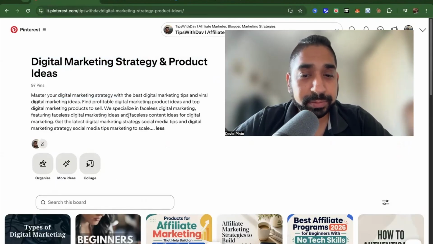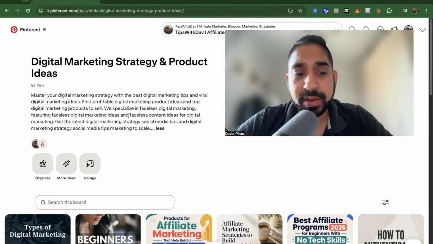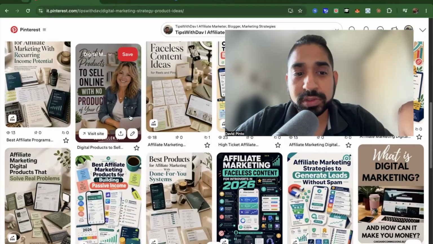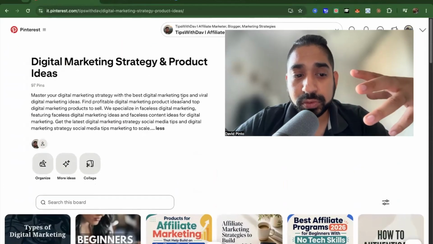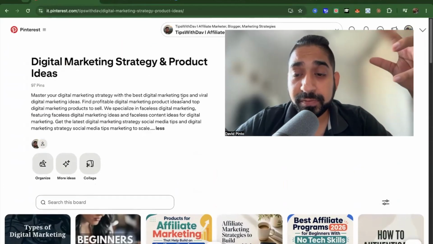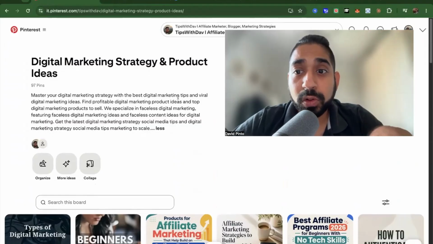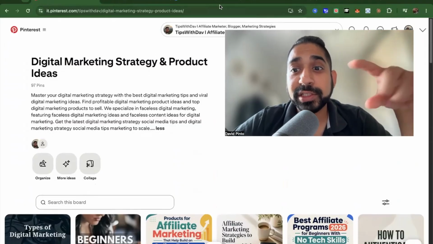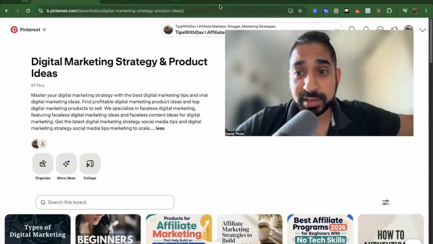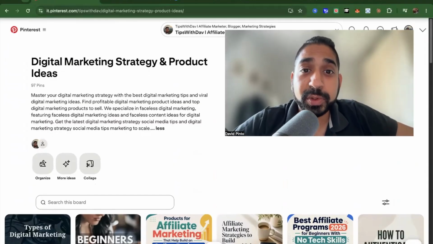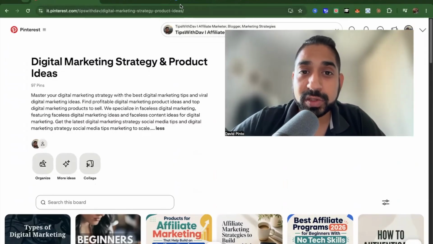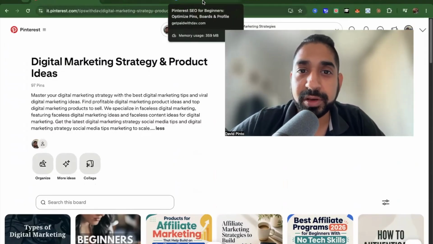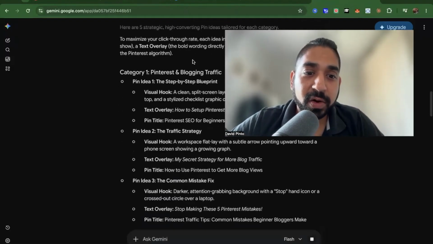And there it has a description that is keyword generated. And then obviously I can always filter this and put more of other people's products or services here on my own to be able to get more visibility on this board itself. So it's all keyword based, but it's giving you ideas for a board as well as for a pin itself, right? So that's the beauty of it. And then as you go along adding more and more pins, you get better at this strategy. But it's something that I recommend everybody to go through because it'll give you an insight on the pins,